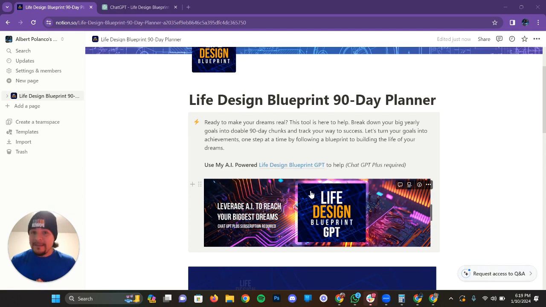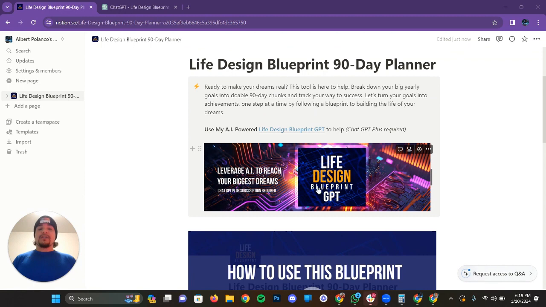And I cannot recommend, if you're trying to create the life of your dreams, using ChatGPT Plus is a must, okay? If you don't have one, go get one. But you can click this button here to actually get access to the GPT. It's totally free right now. Here's just a little graphic kind of calling it out. I really want to drive this home, is that you could really use this AI companion that would help you to break things down for you, and you'll see where that becomes more relevant when I talk about the different